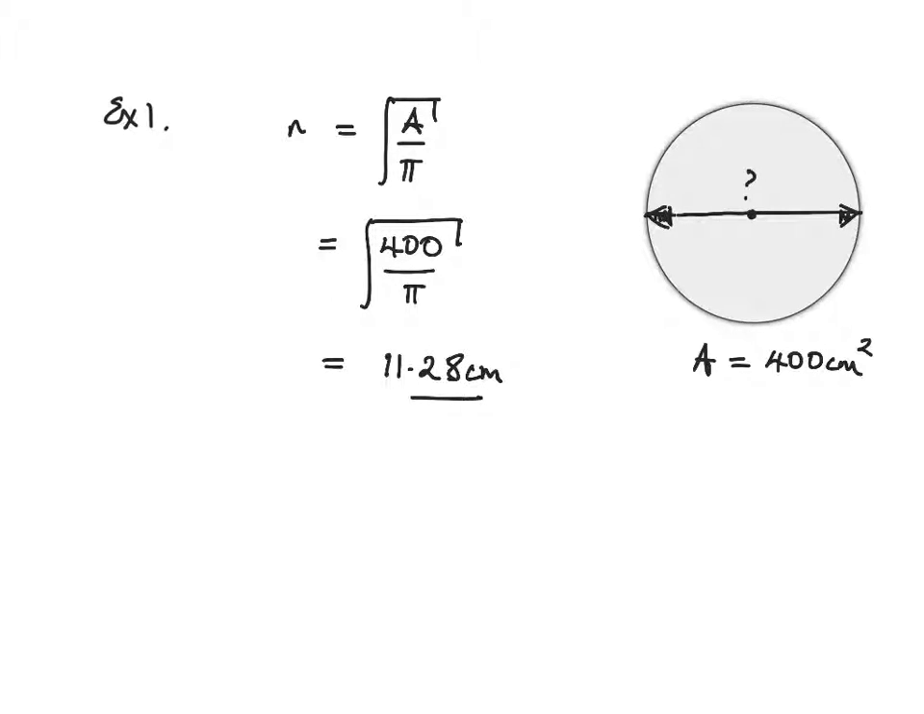Now if you look at the diagram, it makes it quite clear what we're trying to find. The formula we've just used gives us the radius, but from the diagram we can see that we have to calculate the diameter of the given circle. The diameter, of course, is the line from one point on the circumference through the centre to the point on the circumference directly opposite. Diameter is 2 times the radius, 2 times 11.28, that gives us 22.56